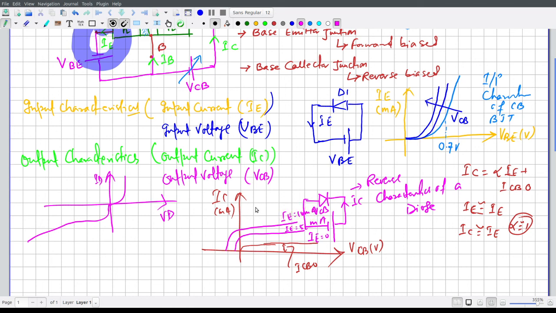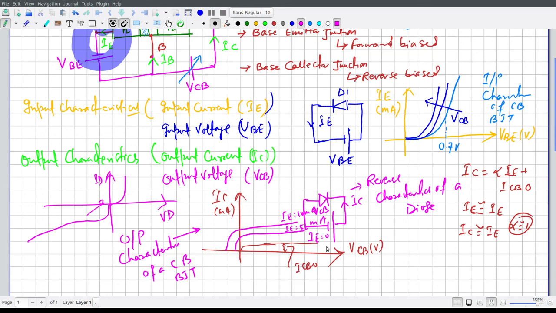So this one is the output characteristics of a common base BJT, common base NPN transistor, we can say. Basically if you reverse it, then it comes somehow very similar to this input output characteristics. So this one is the simple representation of the input output characteristics.